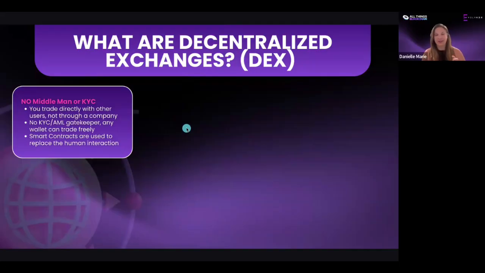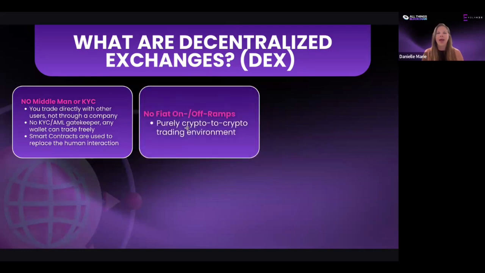But they use smart contracts basically to remove the need for the human intermediary. But they don't offer fiat on-ramp and off-ramp. So for you to actually play in the decentralized ecosystem in DeFi, you do have to find a way of getting money, which is generally from the centralized exchange, into your Web3 wallets, which we're going to talk about shortly, so that you can connect them to the centralized exchange. Because you can't use your credit card or deposit any cash to buy any sort of token